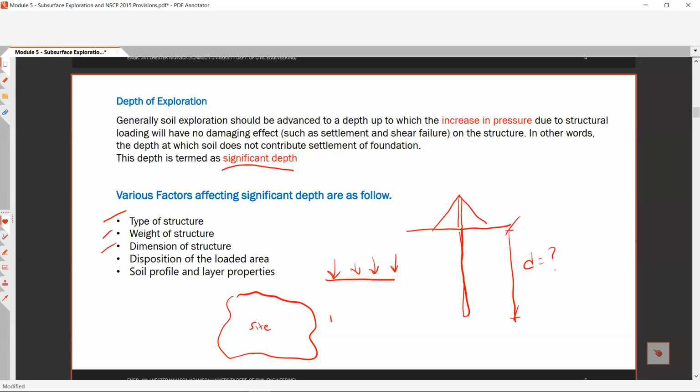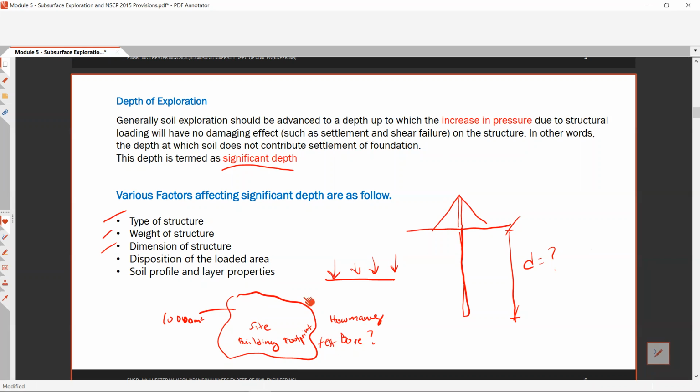How many test bore yung kailangan natin for this, let's say this 10,000 square meter building footprint, site building footprint. Okay, so we have this provision later, NSCP provisions for how many test bore yung kailangan mo for a